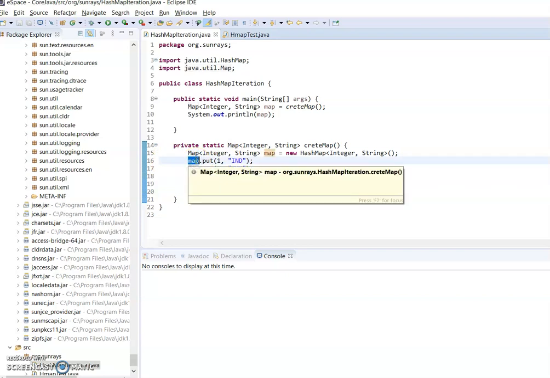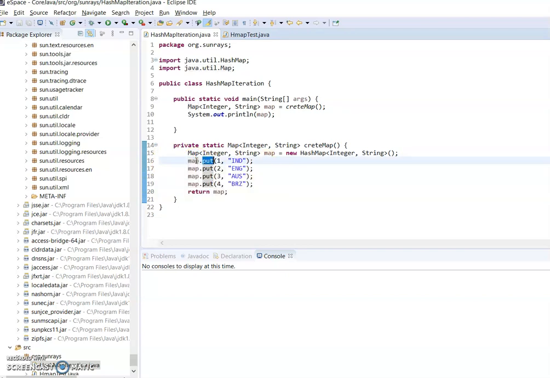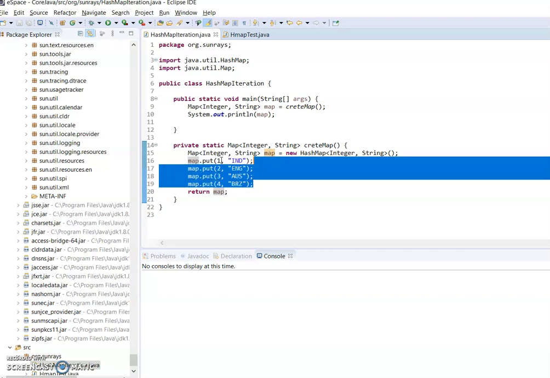Using map.put we can store the key value pairs. I have taken integer as the key data type and string as the value, so the keys are numbers and the values are some country names that I'm storing using map.put.